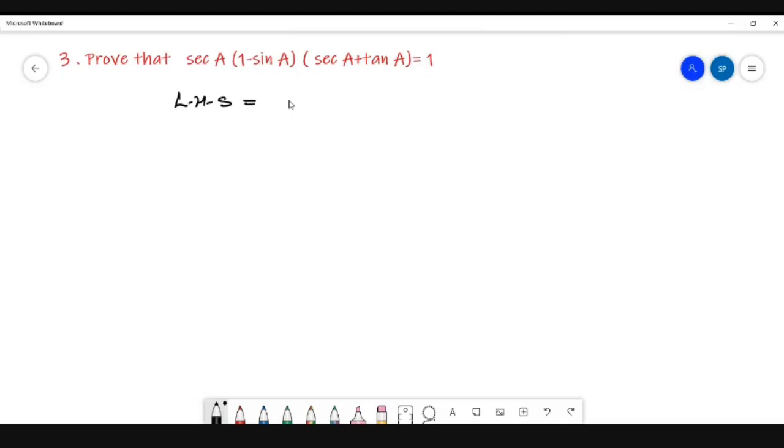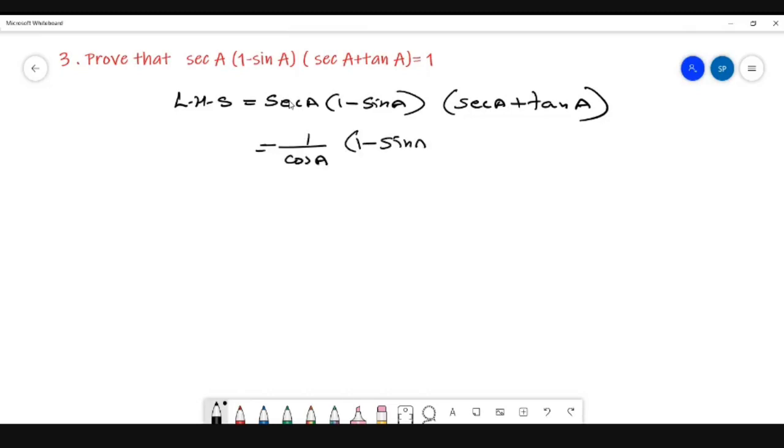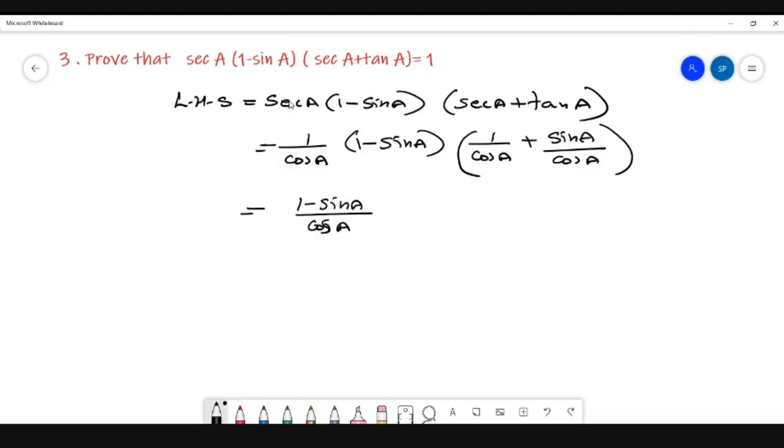We have left hand side as cosec A into (1 minus sin A) into (cosec A plus tan A). Cosec A you can write as 1 by sin A into (1 minus sin A)...